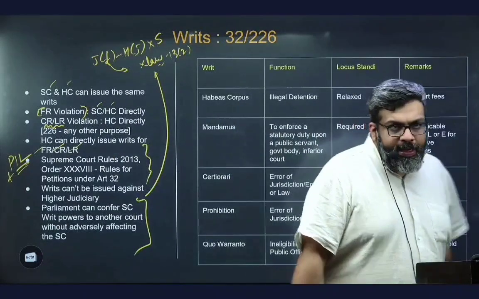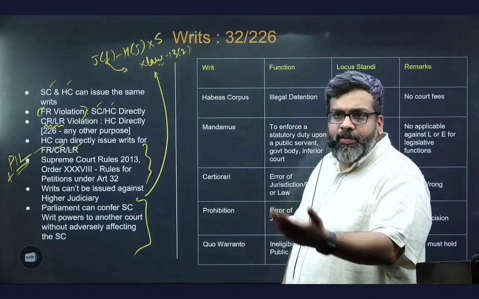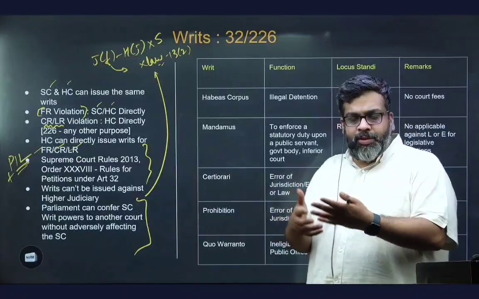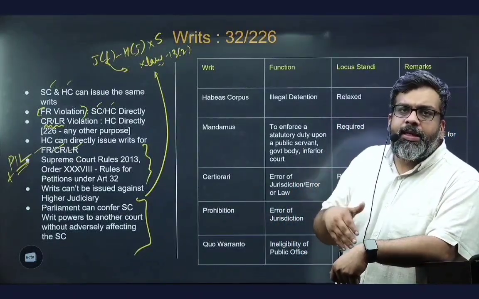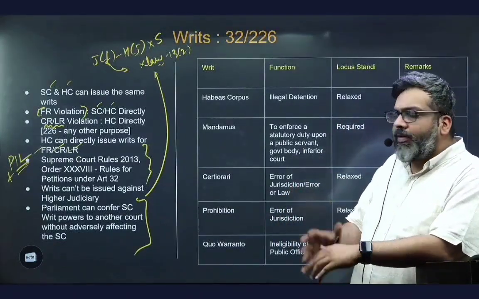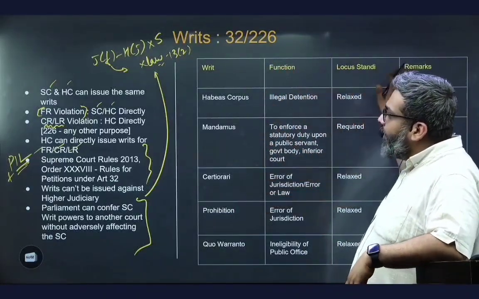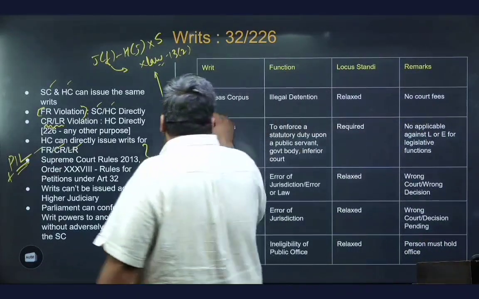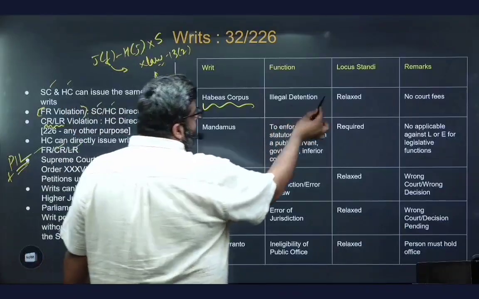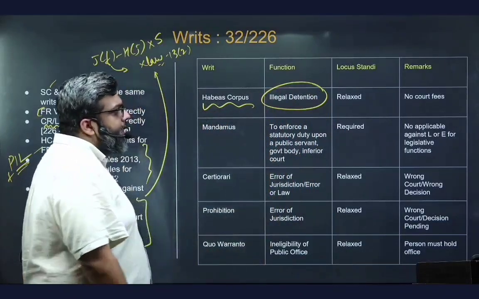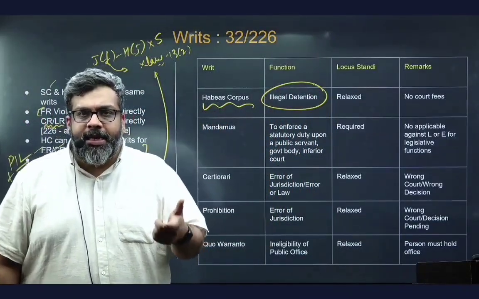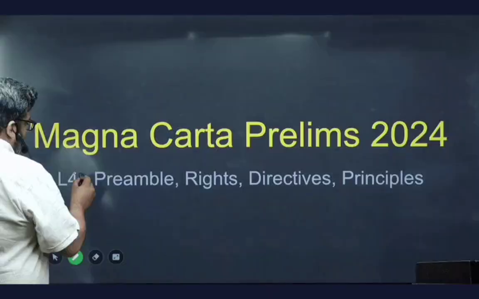Now, when X is coming to a court, there has to be a locus standi, which means who are you to the case. And if the court is hearing your matter, the court should have jurisdiction. Fairly simple concepts. Now, there are 5 writs. Let's do them as far as the exam is concerned. You've got the writ of habeas corpus. The primary function of habeas corpus is what is called illegal detention. Now, if you have been illegally